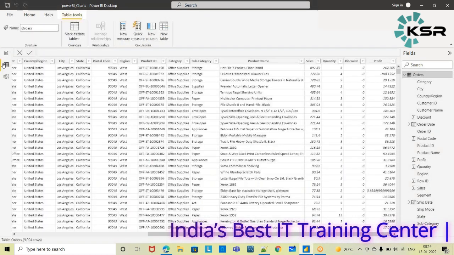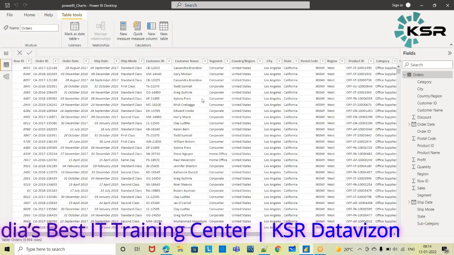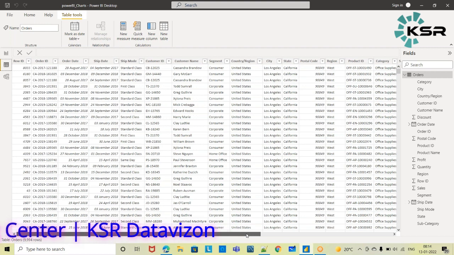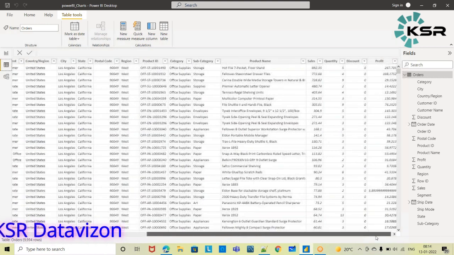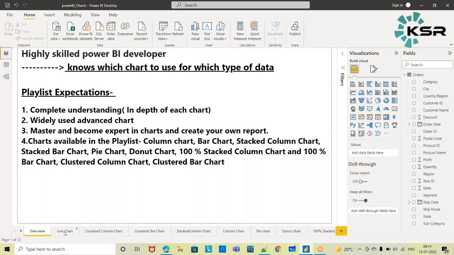And the data set today we are using is the same data set. For all the charts, we are using the Superstore e-commerce data set, which has the customer information, order information, region, and the sales information. So coming to this line chart, so far wherever we have seen,